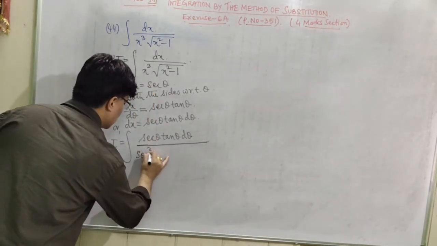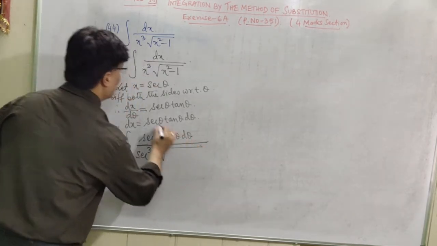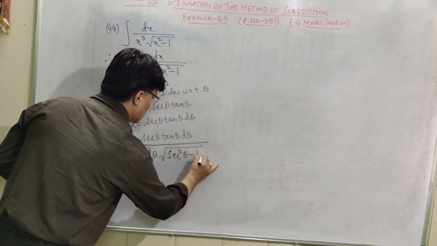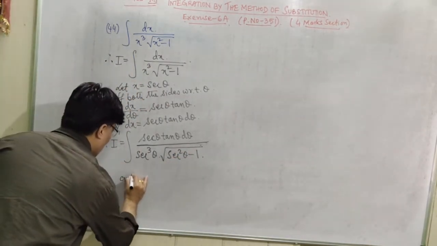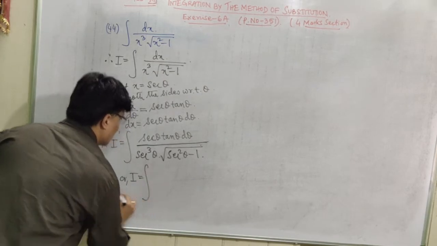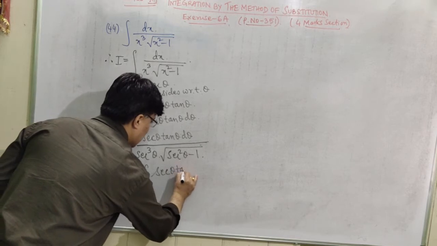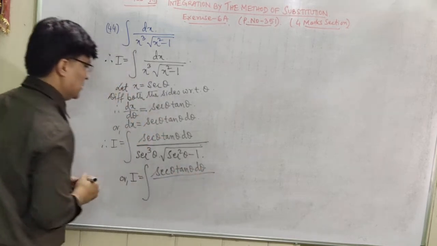It is sec cube theta into, within the square root, there is sec square theta minus 1. So I is equal to the integration of sec theta tan theta d theta divided by,